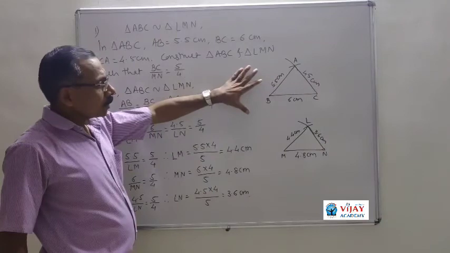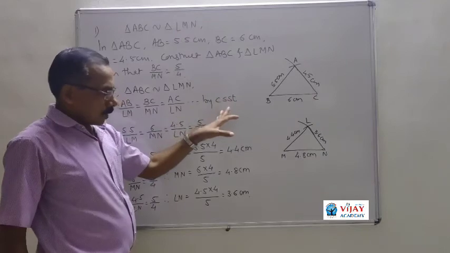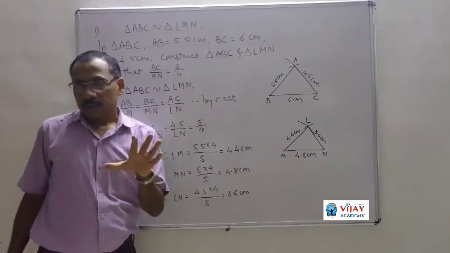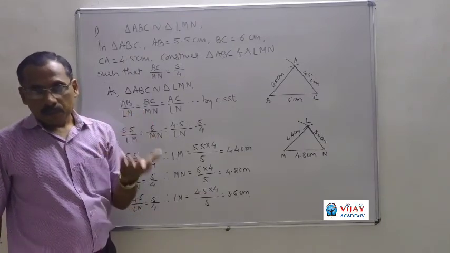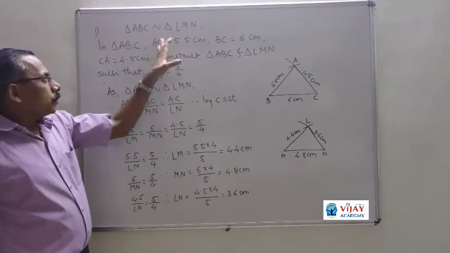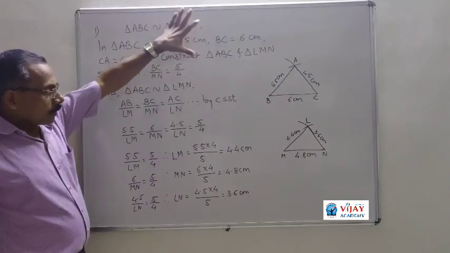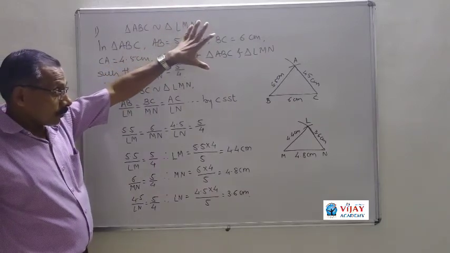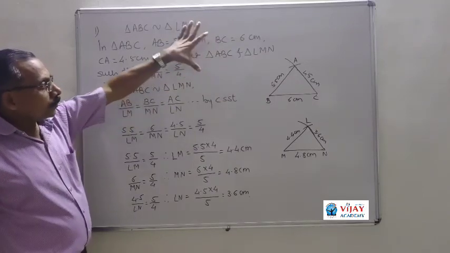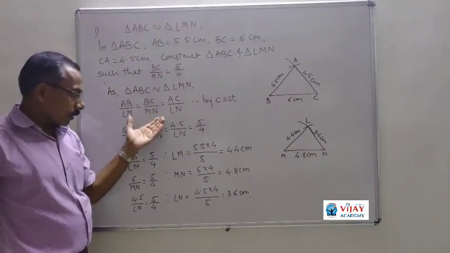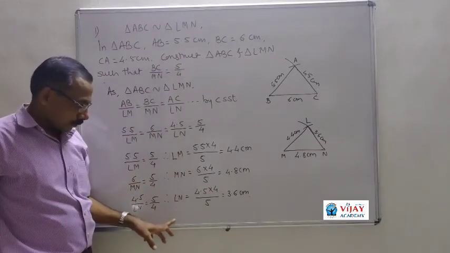Now the first sum is over. If you have any problem, ask me in the group. This is easy construction, and this sum carries 3 marks. Now we'll take the second type of construction. Before starting this one, first you have to draw this figure. Now taking the screenshot for this first sum.